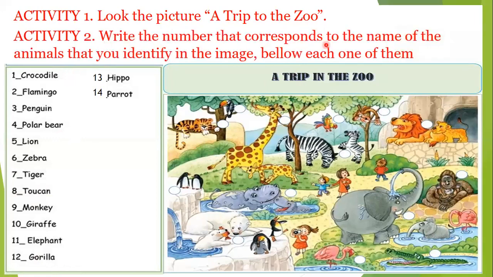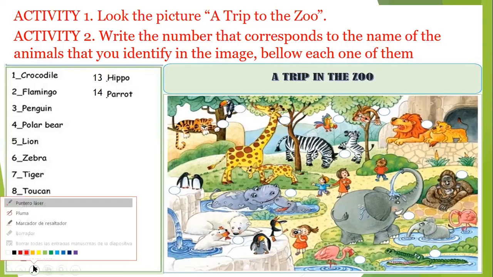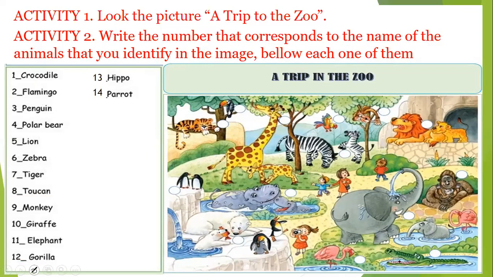Write a number that corresponds to the name of the animals that you identify in the image below each one of them. ¿Qué es lo que van a realizar? Ustedes van a hacer primero, a observar la imagen y luego van a escribir el número que corresponde al animal que ustedes ven aquí. Por ejemplo, aquí tenemos the crocodile, flamingo, penguin, polar bear,